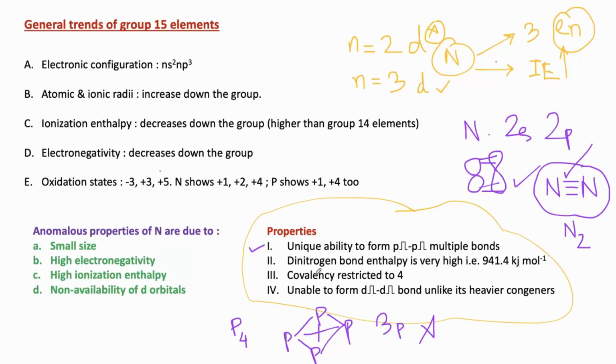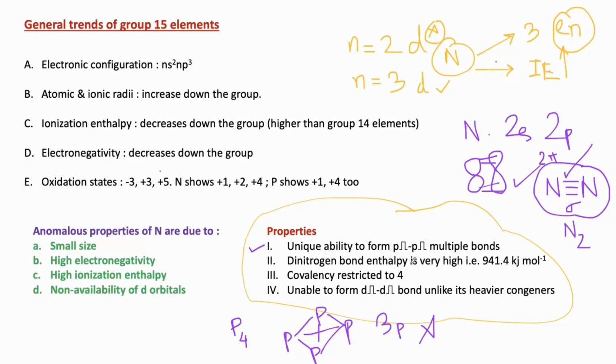You see the dinitrogen's bond enthalpy is also very high, in the range 940 kilojoule per mole. Because of this triple bond present, to break a triple bond a very high energy is required. There is one sigma bond and 2 pi bonds in case of molecular dinitrogen, and to break these 3 bonds, 1 sigma and 2 pi bonds, the energy required is very high. That's why the molecular dinitrogen has a very high bond enthalpy,